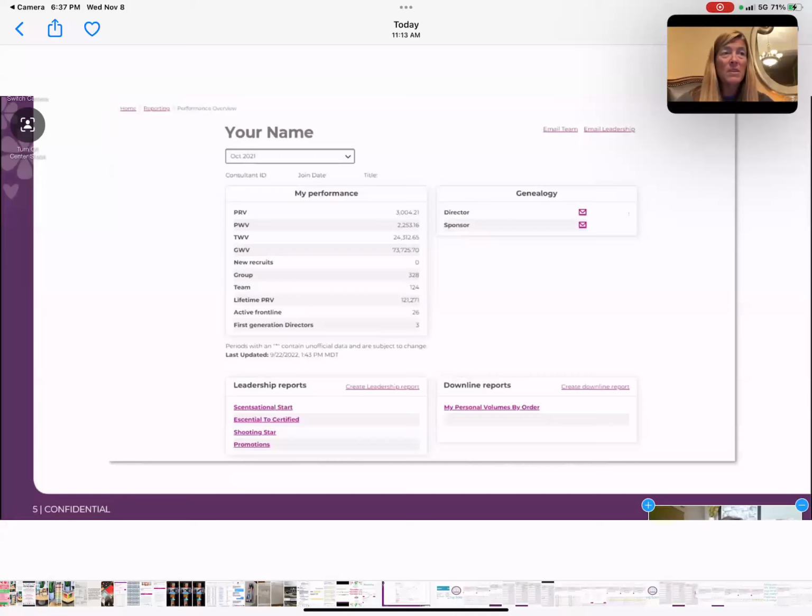So we always want to be looking at month over month and year over year whenever we're working our reports and looking at our numbers, okay? Very important. That's how we continue to grow in our business and or learn from our business, okay? Both of those things. Out of those 4 things, there's only 2 things you personally can control. That is your PRV, and that, of course, is your new recruits. The other 2 pieces you can play a part in, but you can't personally take responsibility 100% for because you can't do the work for them. But I want you guys to just keep in the back of your mind, those are the 4 things you want to be looking at month over month, year over year, and comparing to better, okay?